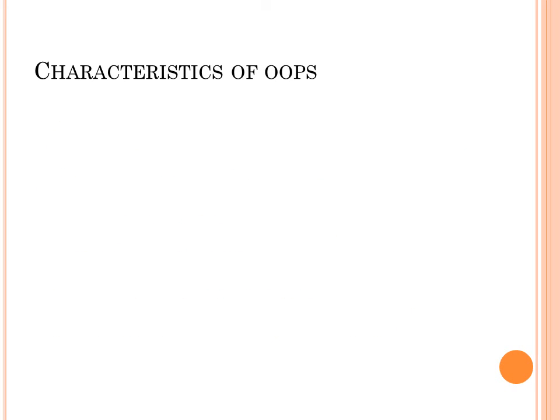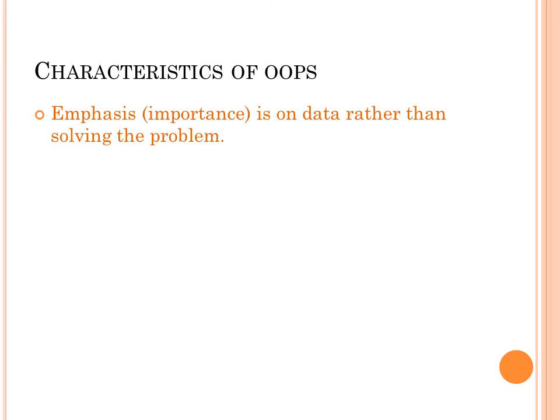Let us have a brief look at the characteristics of object oriented programming. The emphasis or importance is given to data rather than only solving. We can solve a problem by making use of one or more approaches. We can definitely solve it; there will be a solution for each of the problems. But how about the security of the data, and how about the intactness of data? That also has to be taken care of. Hence, whenever we are solving a problem using the OOPS concept, we also take care that data is safe and secured.